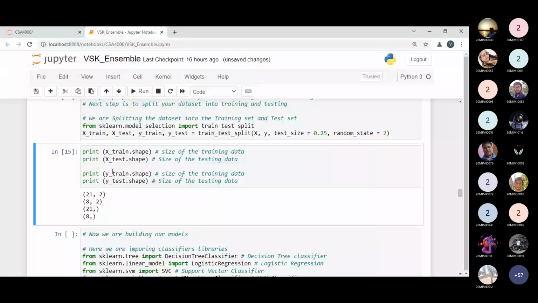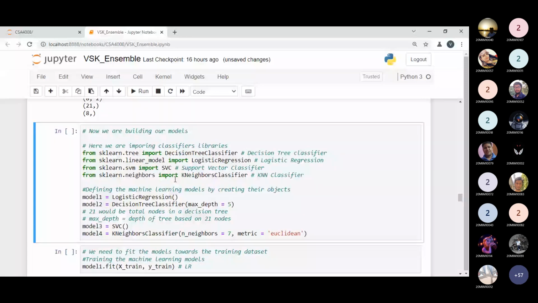Now after this point, it's time to build our model. We have already imported all these libraries for the decision tree classifier, logistic regression, support vector machine, and KNN algorithm. I'm making the first variable, model 1.